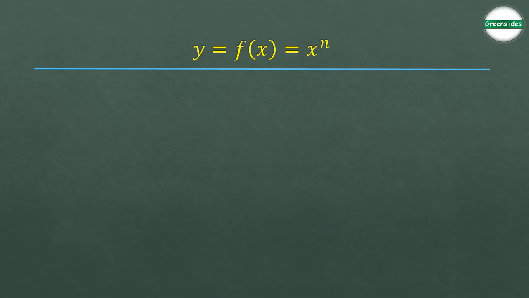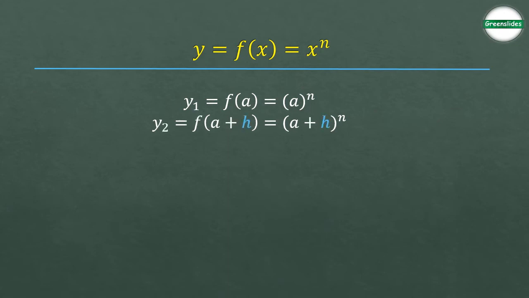So let's say we have a value on x-axis, say x is equal to a. And for that, if y coordinate is y1, we can write from this expression as y1 is equal to a to the power n. Very simple. Now if we increase the value of x by a very small quantity, say h, we can write the corresponding y coordinate y2 as (a plus h) to the power n, right?